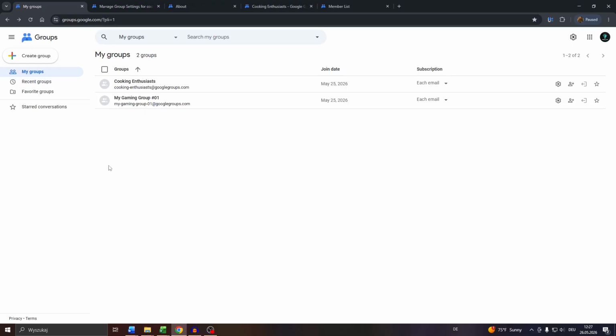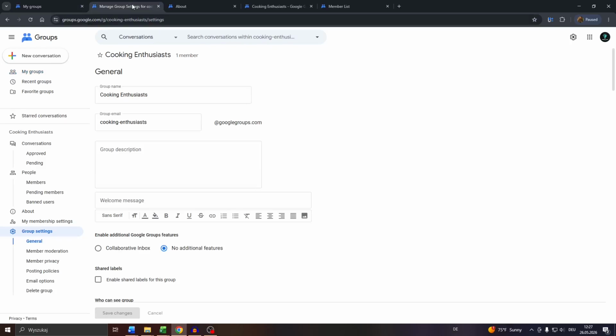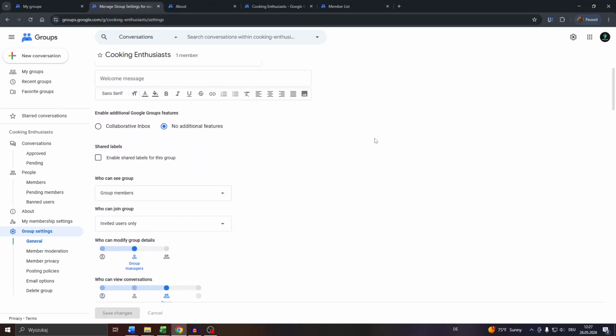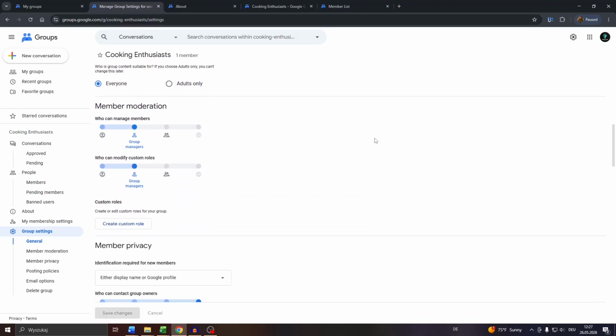So guys, navigate to your account on Google Groups, navigate to My Groups and select the group you're an admin of, because you will need to have access to the admin settings. So click into the given group. And then guys, in your group, what you want to do is navigate to the group settings to the left, click into general, and here scroll down, and under the